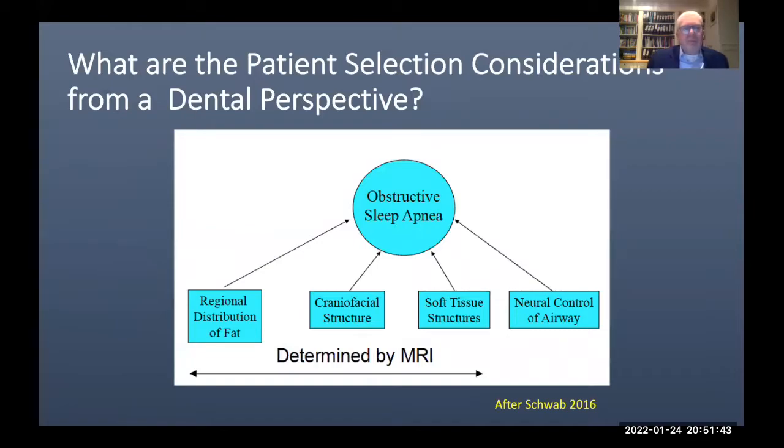So what are the patient selection considerations from a dental perspective? Well, obstructive sleep apnea, we're familiar with this craniofacial structure. We look at the soft tissue structures. We don't look so much at the regional distribution of fat. Neural control of the airway is really not our department. But going forward,